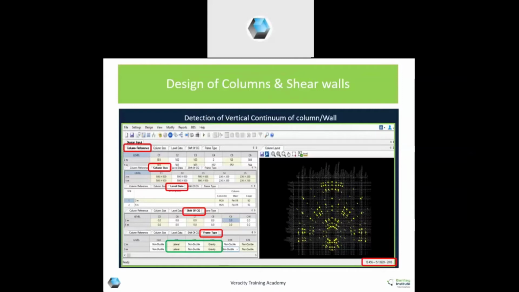Level data, like floor levels: whether or not you have given a rigid diaphragm, RCDC automatically detects each floor level and shows you the level data. Next is shift of CG. If any offset you want to have, you can specify it here. Here, there is no shift of CG, so we are seeing 0 values.